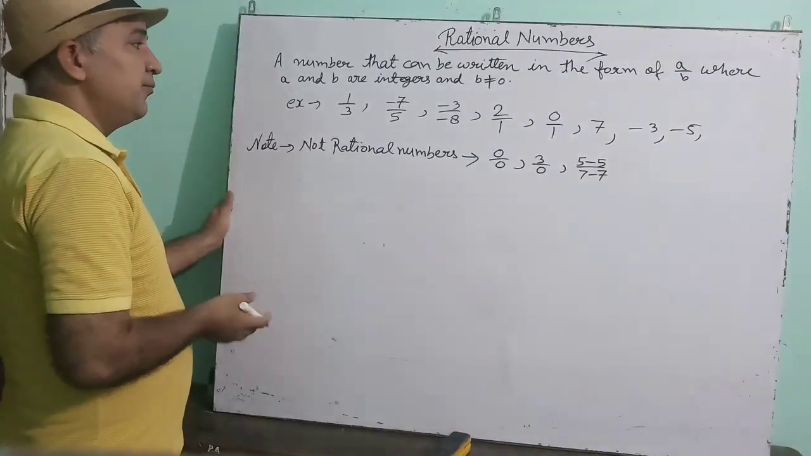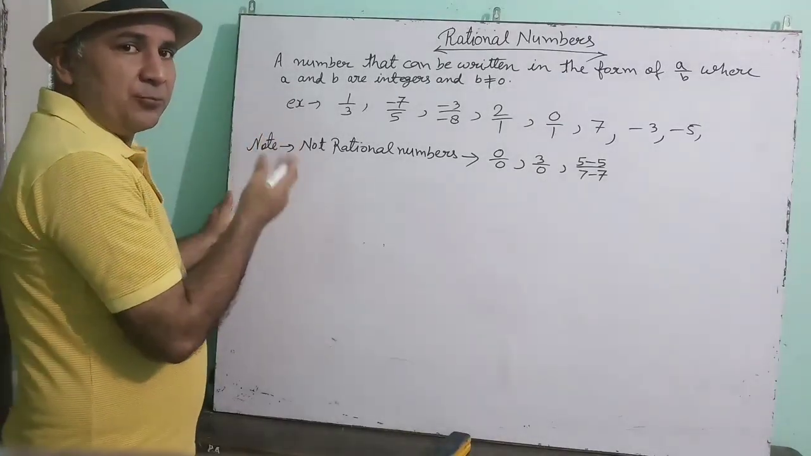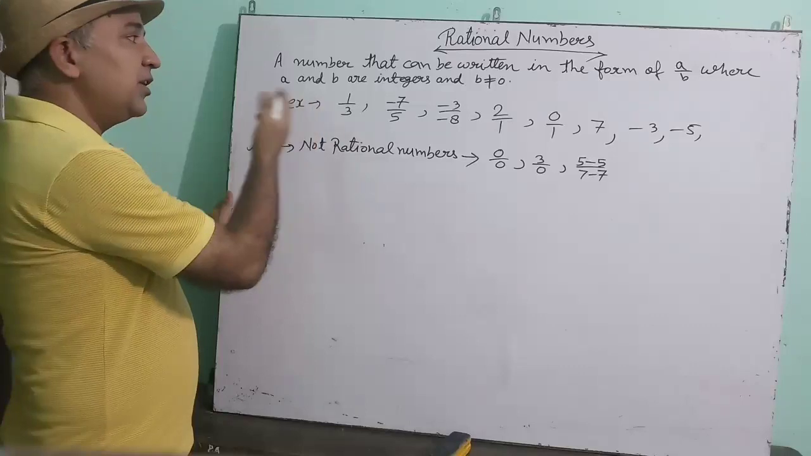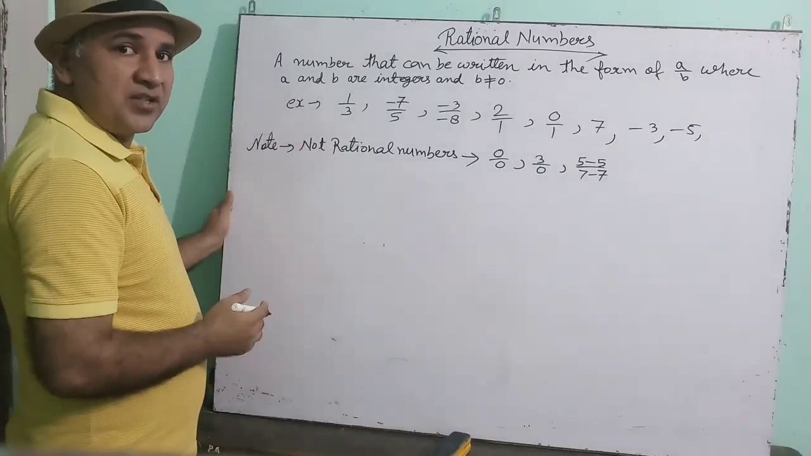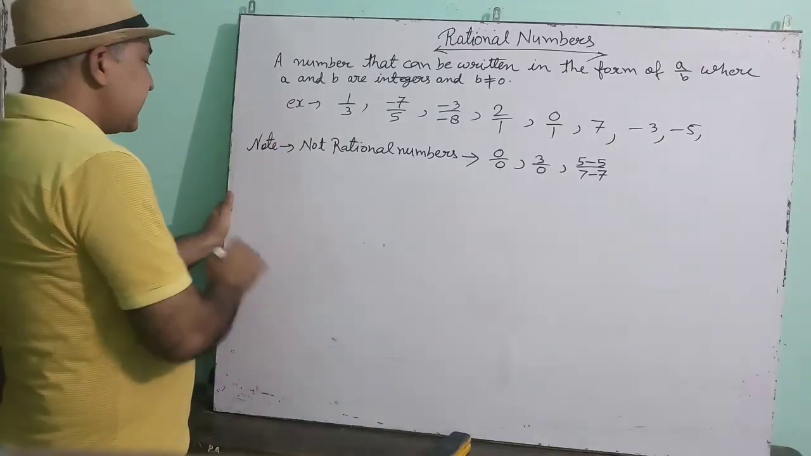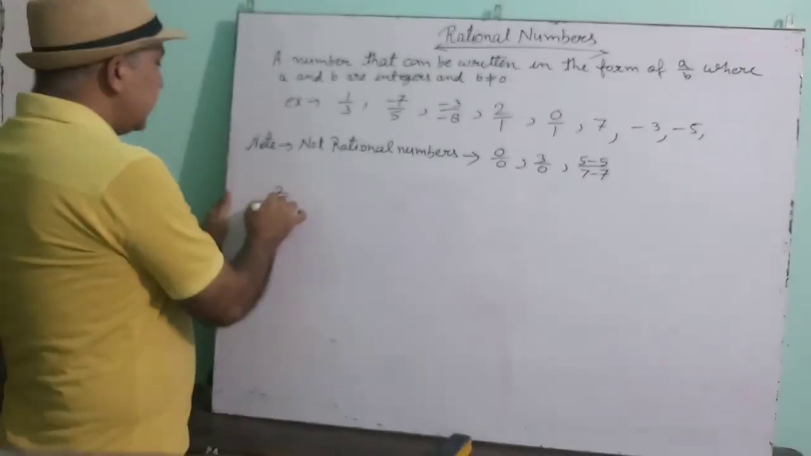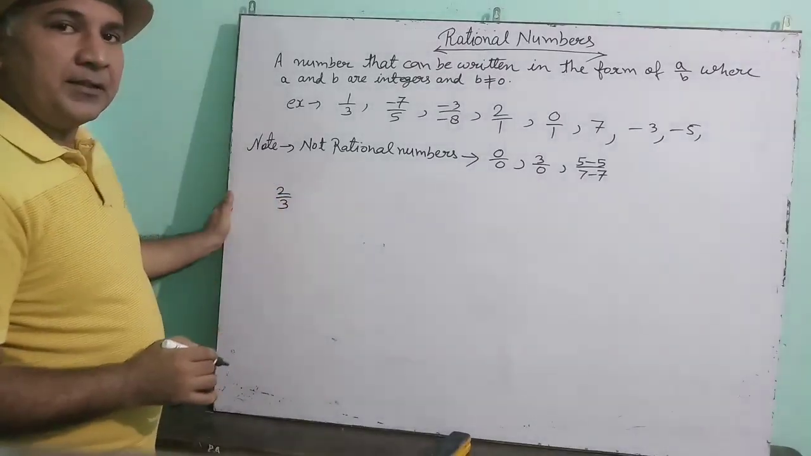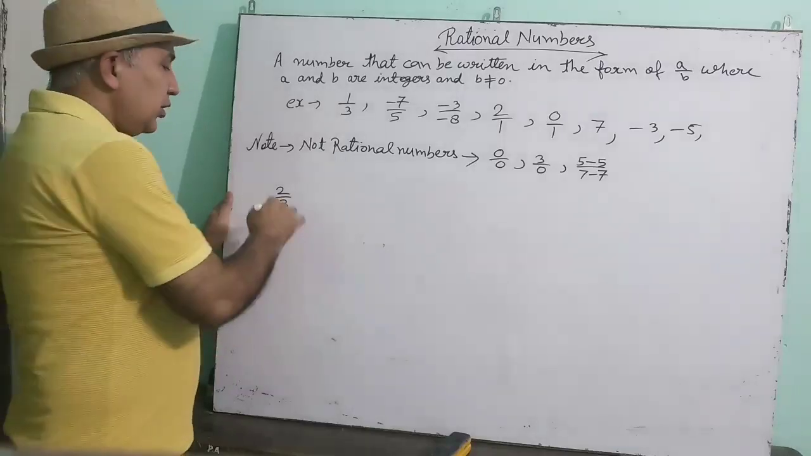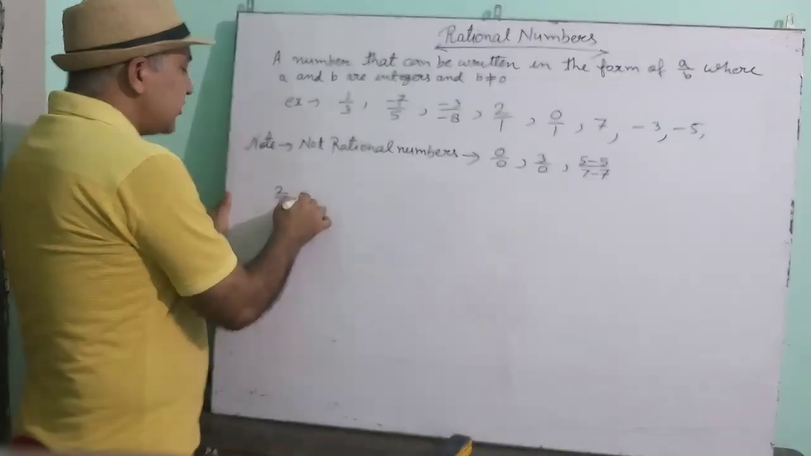See one by one. This is the first type which you have to identify: that the given number is rational number or not. This is the first type of question. Second type of question you have to study. Suppose 2 by 3 is a given rational number. You have to change